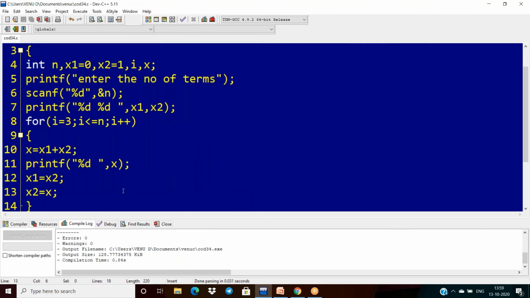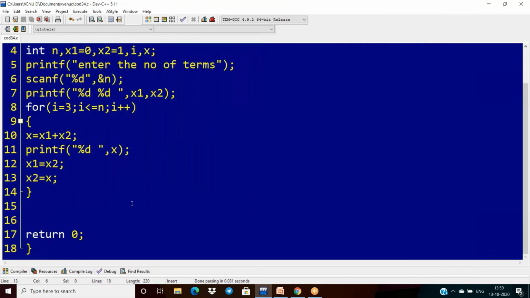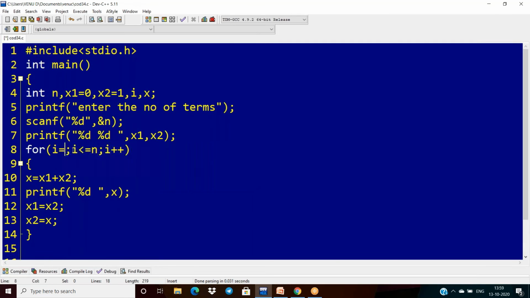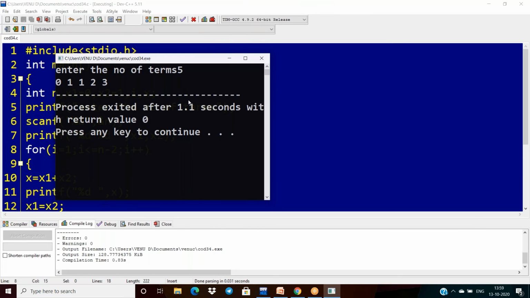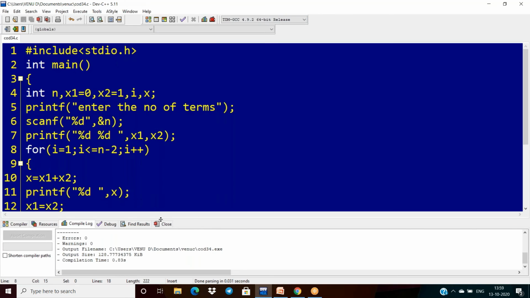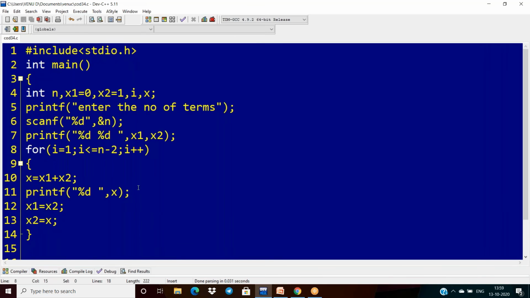You can also use i taken from 1 onward, and just use i up to n minus 2. Give 5, and it will display 0 and 1, 1, 2, 3. Now this is the Fibonacci series.